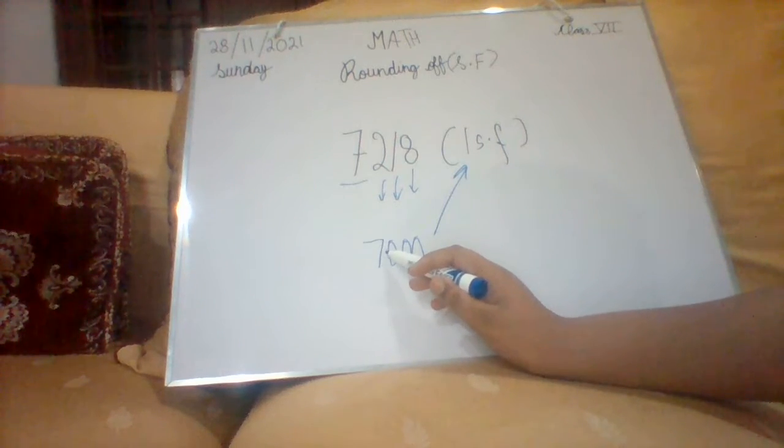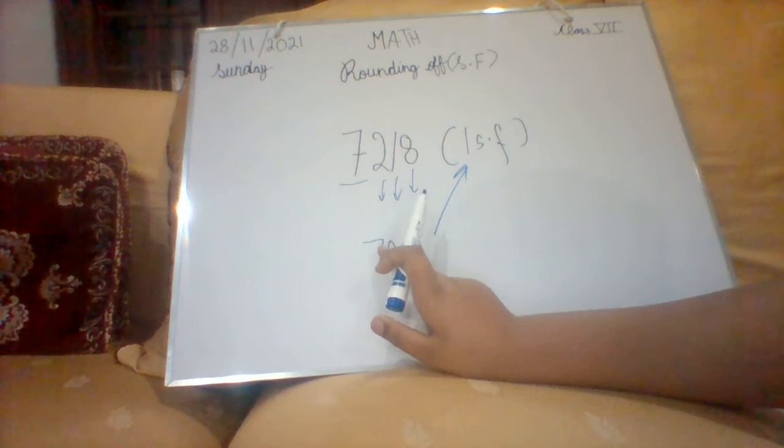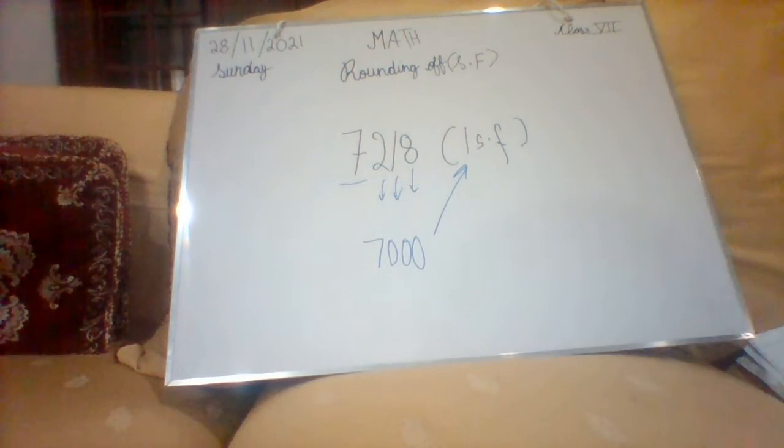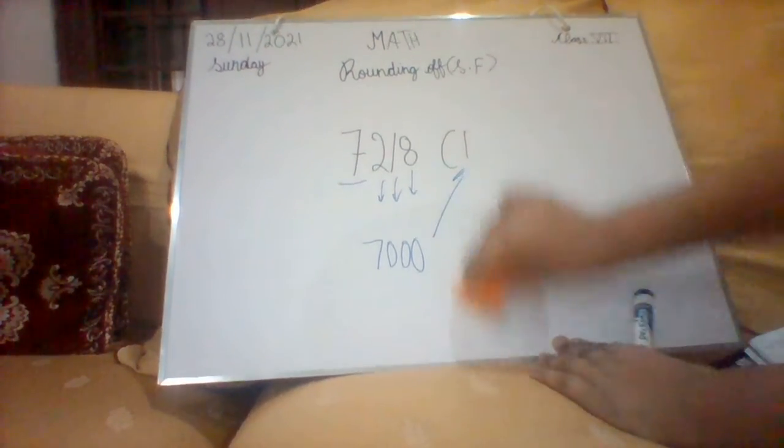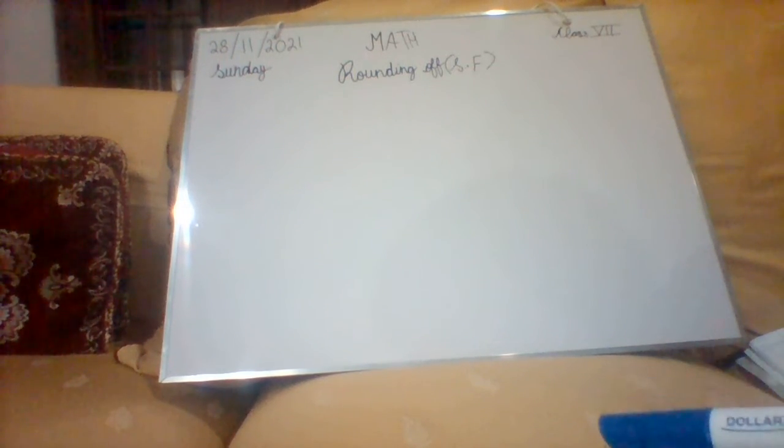If there was a decimal over here, these would be significant, but right now it is 1 significant figure. Now I think we have understood, so I should start with questions. If you don't understand any topic, tell me in the comment section. I have opened comments in every video, so in any video you can write your query.